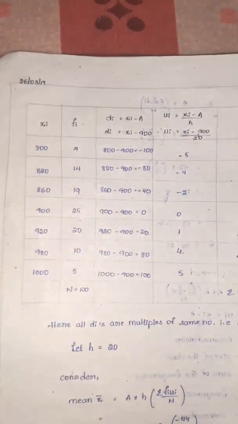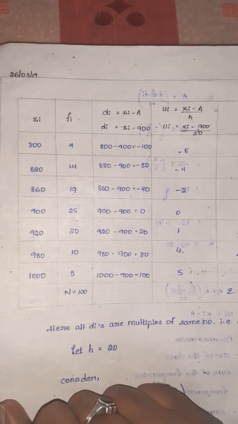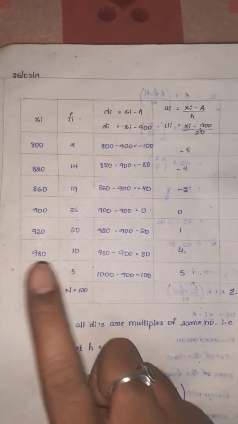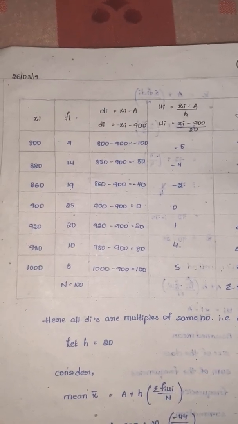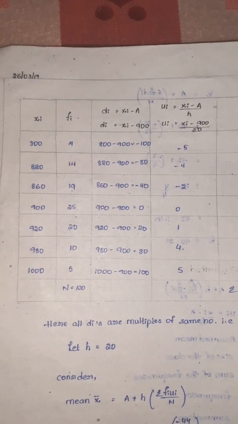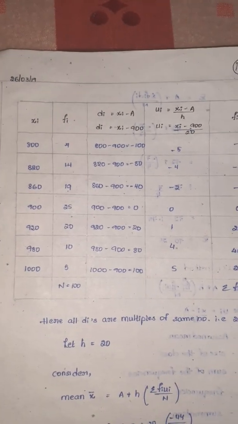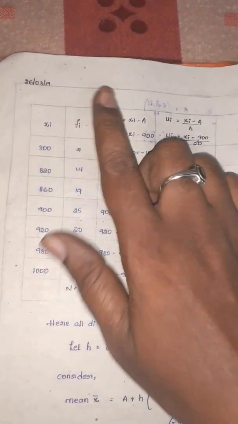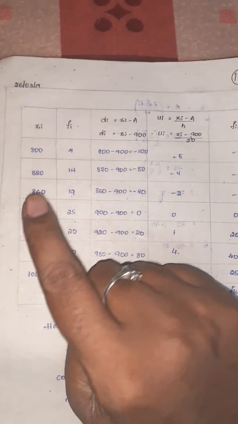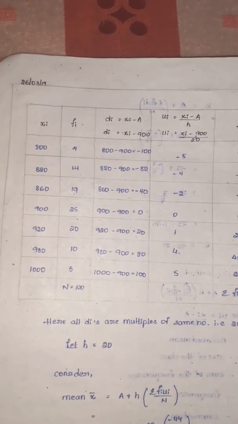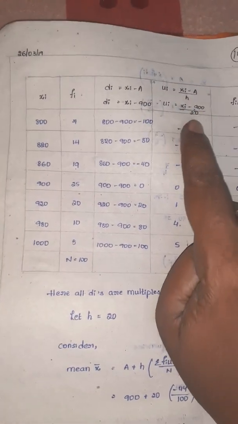Don't think 820 minus 800 is 20 so h is 20. Why? Because here the difference is not the same. Here 40 difference is there, again 20, again 60 difference, again 20 difference. Some people will think we should take this difference and write 20. That's why I told you before. So don't get confused like that. Here all xi values go in which table? The 20 table, they are multiples of 20. 800 is a multiple of 20, 820 also, 860, 900, 920, 980, 1000. That's why we have taken h, the size of the class interval, as 20.